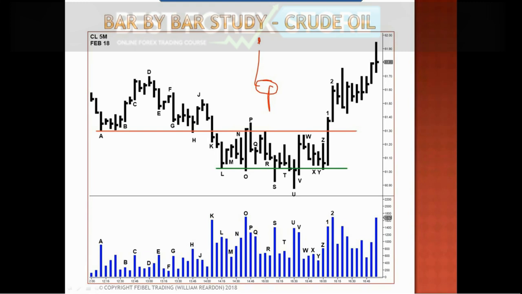So this action hints that the market is trying to hold. I mean, don't get me wrong, a higher close here would be better. This is a subtle hint. But the market, as we know, isn't always kind. We don't always get clean reads that is demand coming in, or lovely, perfect little no demand bars. Sometimes we have to dig deep into bar analysis, which is exactly what we're doing now. And also, we do have a level close and we do have high volume. So buyers have managed to hold